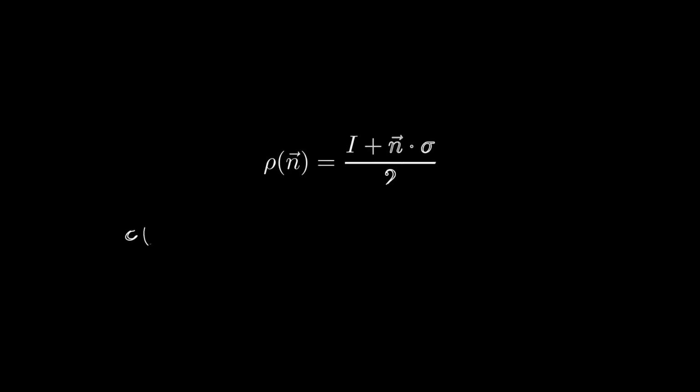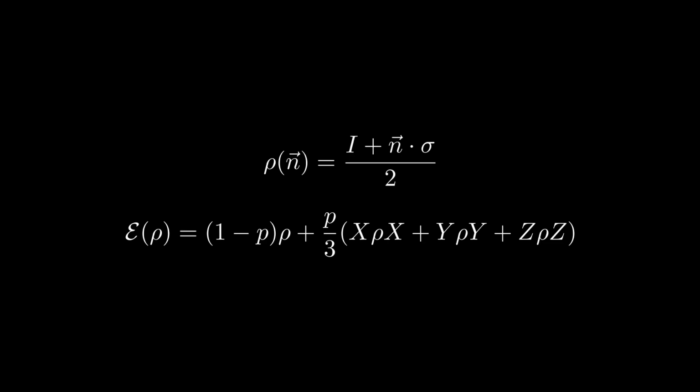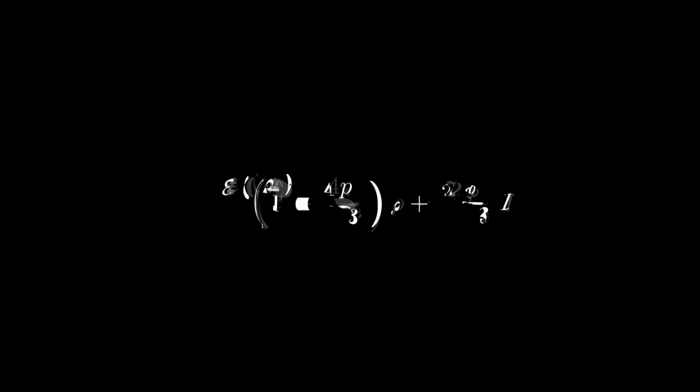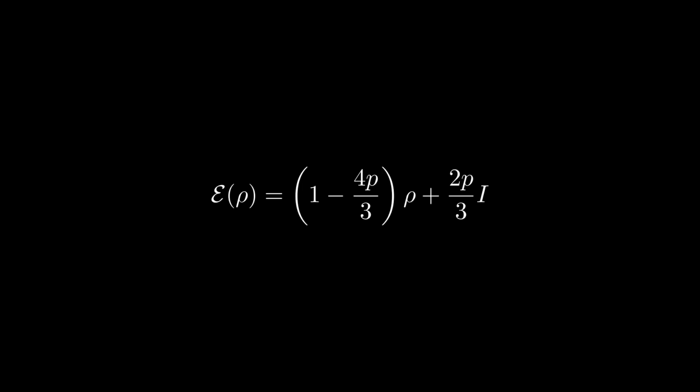Suppose we now expand out ρ in terms of Pauli matrices. We will call this vector n the polarization of the density matrix. We can use the fact that each Pauli anticommutes with the other two to show that the non-identity terms all cancel, meaning that we can write this channel as 1 minus 4p over 3 times ρ plus 2p over 3